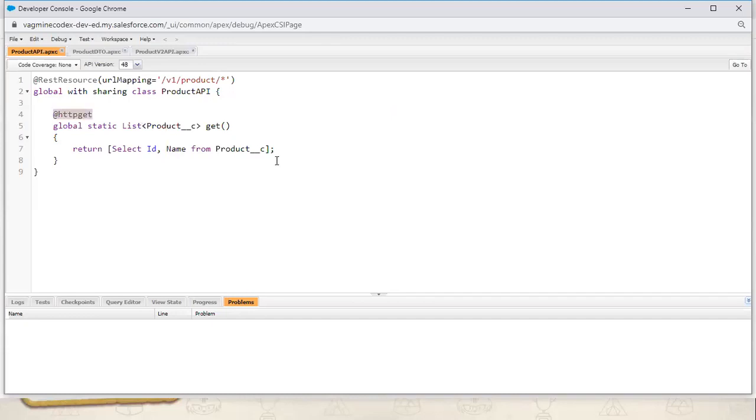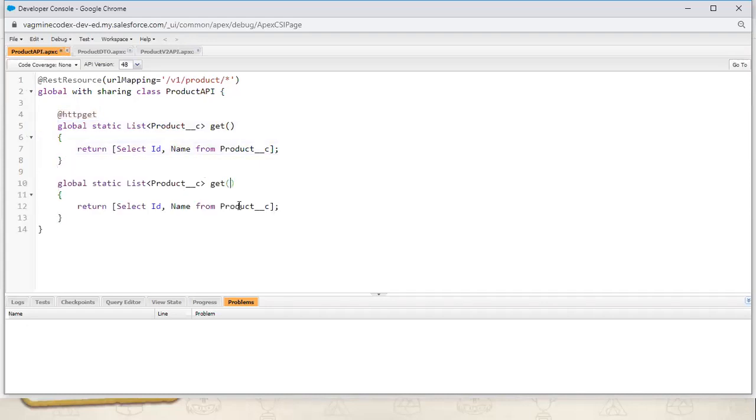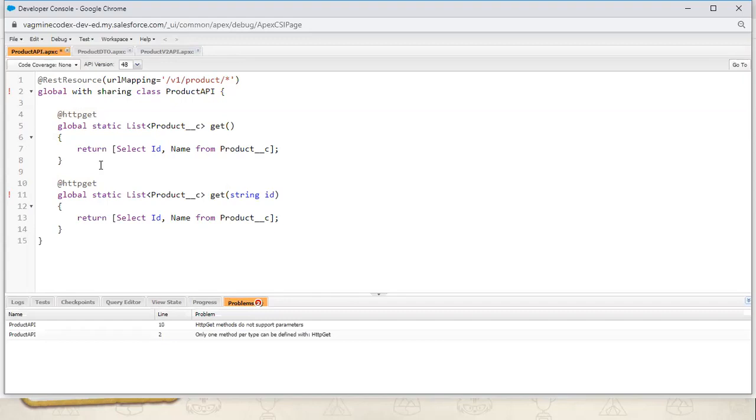Now the question: I want to get the data for a specific product ID. How will we do this? Can we create a new method with a different parameter? As soon as we put HTTP GET there, no, we cannot. HTTP GET will not support a method with a parameter.